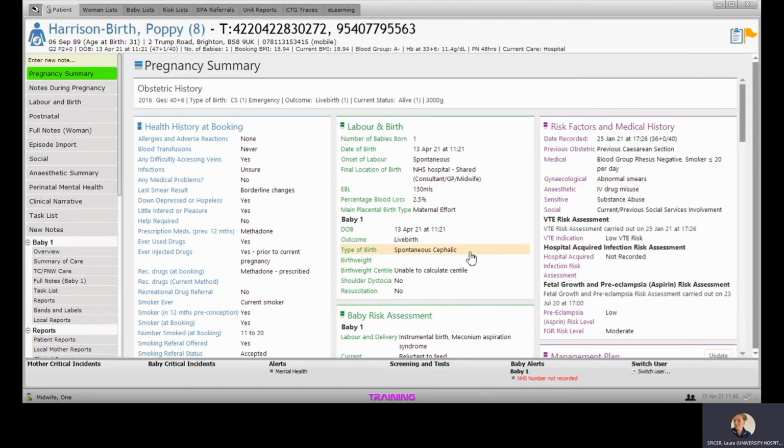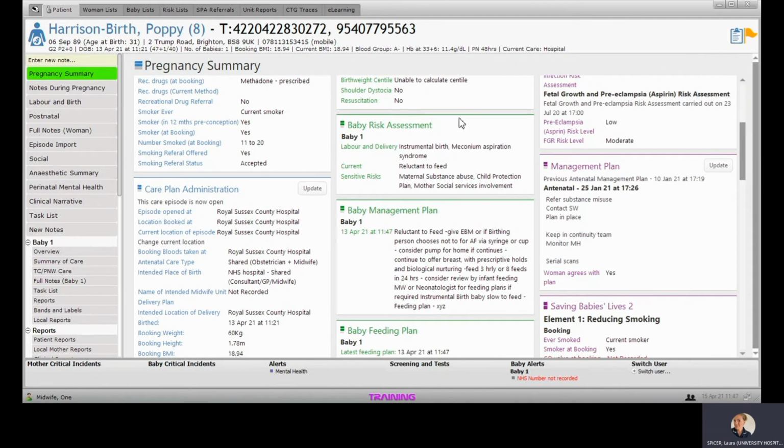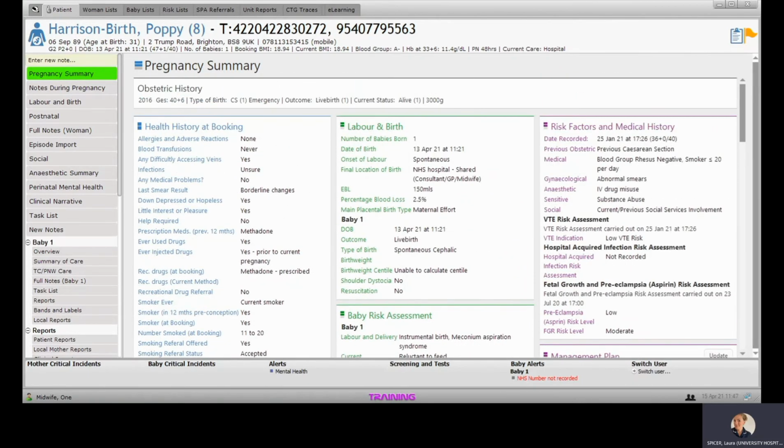You can see she had a spontaneous cephalic baby, and hopefully, obviously, all of this information would be completed. She's had a low EBL, and she went into labour spontaneously. She had an instrumental birth with meconium aspiration, and as a result of that, baby has been reluctant to feed, and we've got a bit of a feeding plan here. Don't forget, this is our training cloud, so this is old information that people have inputted for the sake of